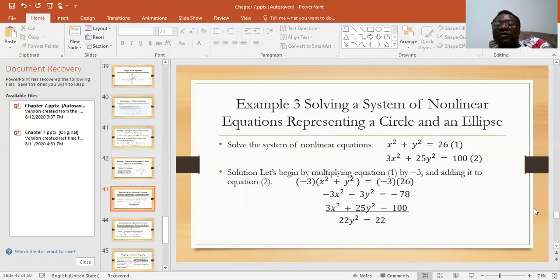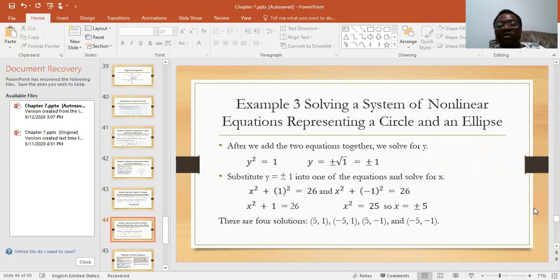We may solve a system of nonlinear equations representing a circle and an ellipse. To solve this, we begin by eliminating x squared, because we will consider it as two equations and take the squares as single values and then solve for those squares to get the actual values of x and y. So we eliminate x squared first by multiplying the first equation by minus 3 and adding it to the second equation to get 22 y squared equals to 22. That is y squared equals to 1 and y equals to plus or minus 1,